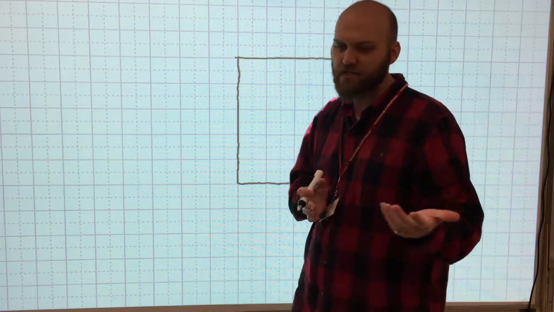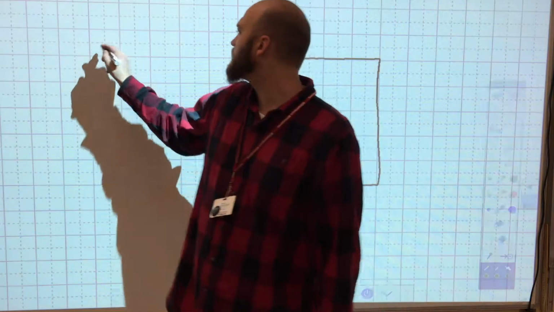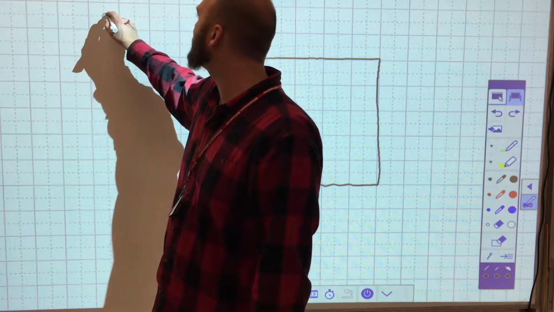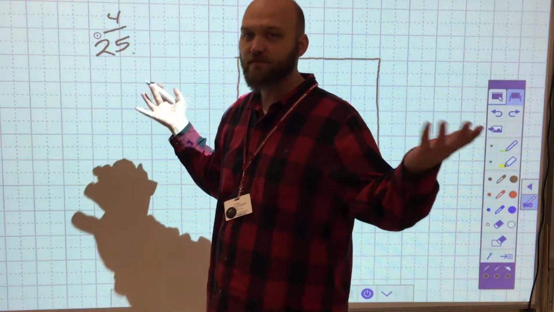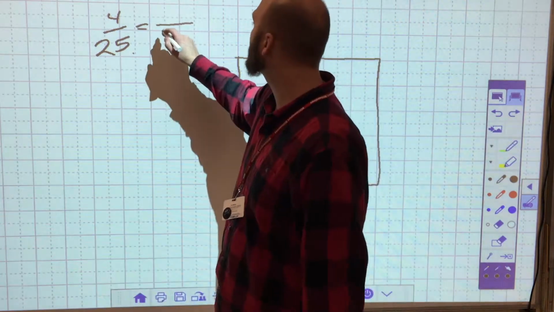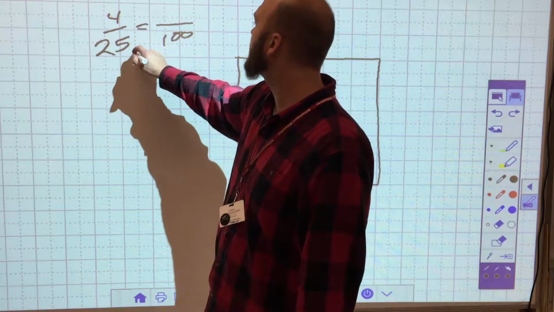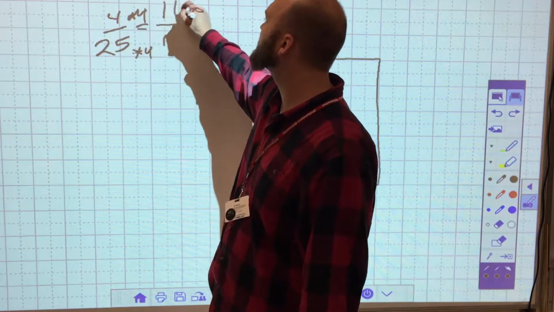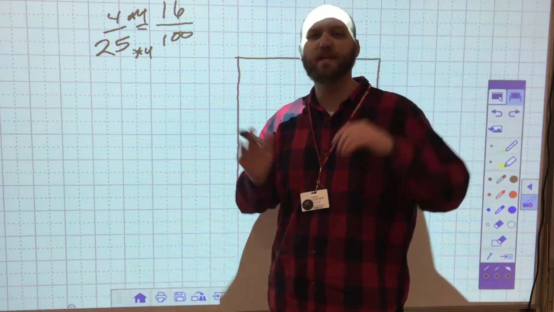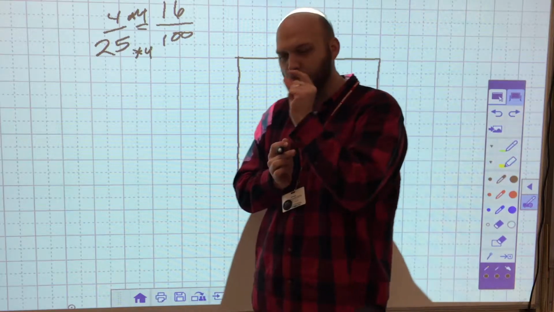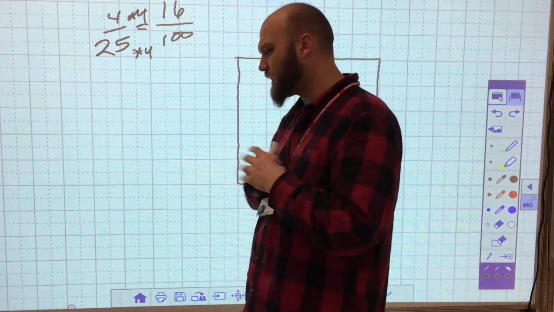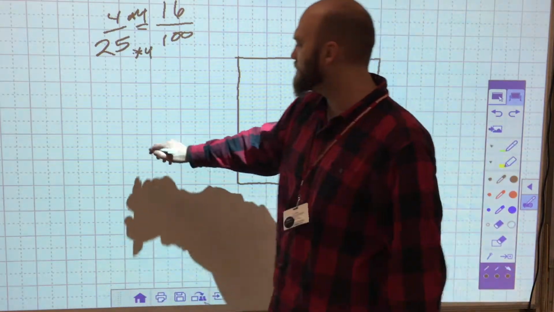So if we had 25 students in a classroom and 4 of the 25 were boys, right? I would need to know the equivalent fraction or the equivalent ratio to get that to 100. Well, I would multiply by 4, and I would multiply by 4, and I would find that 16 out of 100 would be boys. So if I had 100 students, 16 of them would be boys. So that tells me that portion of that larger number as to how I want to express whatever I'm looking for. But the word itself, percent,